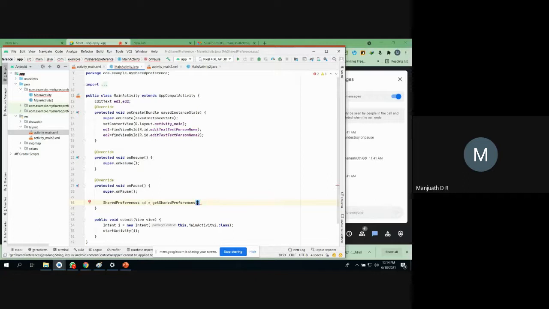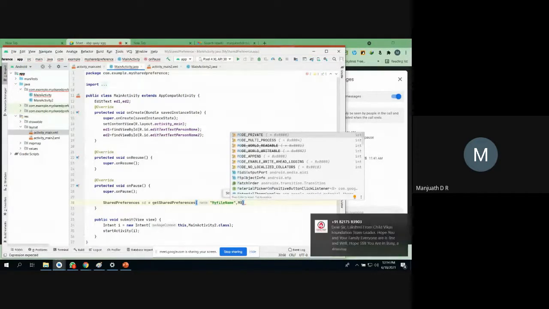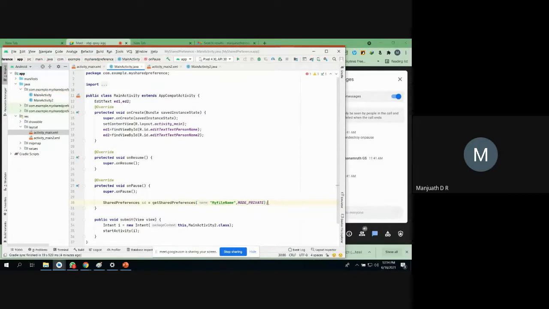And two parameters you have to pass. First thing is what? File name. I'm not going to give any package name. Normally the default way of giving is a package name, but I'm not going to give it. I'll just give my file name. It is also not a problem. Okay, my file name is myfile. The second thing you have to pass is the mode. We have different modes: append mode, private mode, public mode. For security reasons, we are going to use private mode. So this is how I can create a shared file.